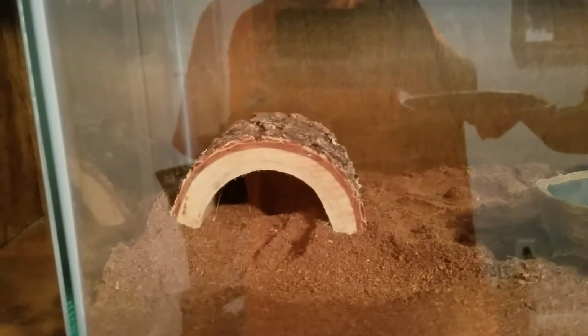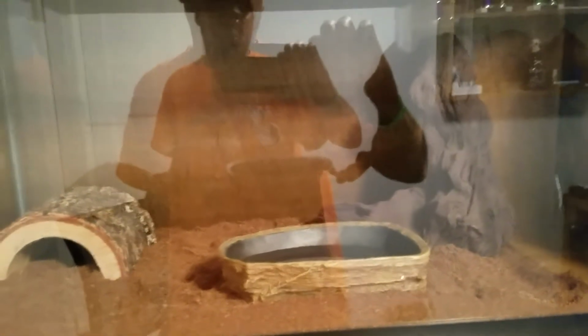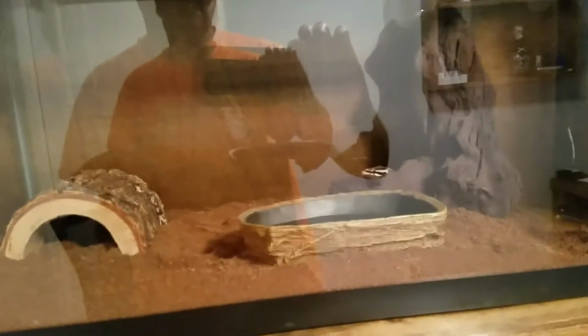She's hiding. And eventually she'll get into that little half log there, and she'll have herself a little drink, and then I'll feed her, and I'll give her maybe 4 or 5 days to get used to her new enclosure, her new environment, me, and I'll feed her, and then we'll give her a couple more days to digest the meal, and then I'll begin to handle her and build a bond, build some trust, and really